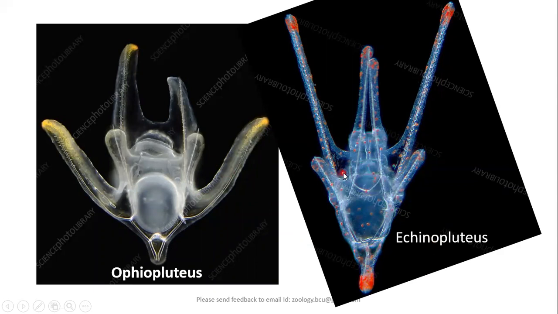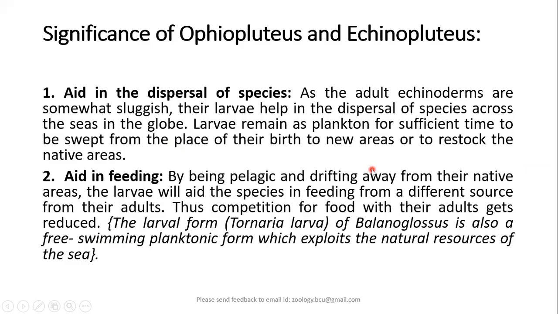And here in the picture, you can see both the larvae, and I hope you will be able to identify them under the microscope. And you can also see the similarities in terms of their arms. Coming to the significance of these larvae. As usual, the first and foremost importance of these larvae is that,